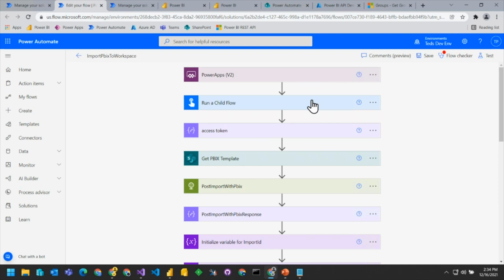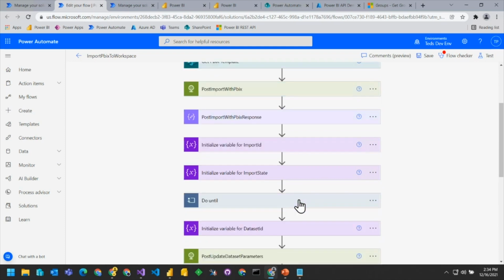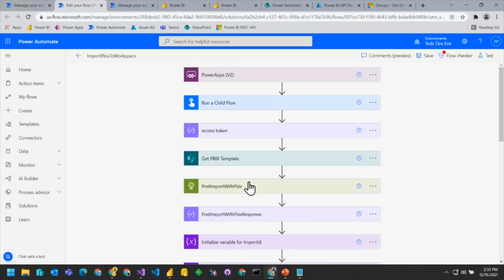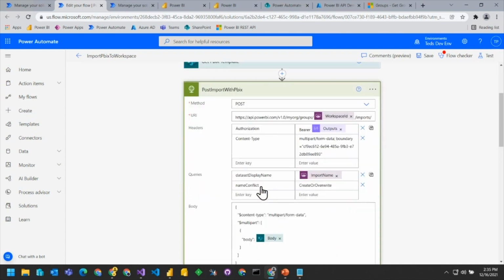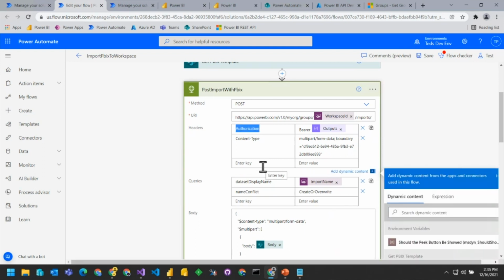But this is the flow that actually gets an access token for a service principal. But now what we're able to do is to either have the flow call into a custom connector, or have the flow directly call the Power BI API itself. Now, here's an example. When you run as a service principal, you can't use a custom connector because they're not supported. So ultimately what you're going to do is you're going to get an access token, and I'll cover that in a little bit, and put it in the authorization header. But now what we're able to do is we're able to target a particular workspace with our URL.